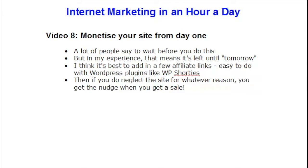I use it for a couple of reasons. One is that it works, which is always a good one. Second, it disguises the link. Typically it's your domain /go/ whatever shortcode you put in. It will give you a bit.ly or a Twitter style yucky thing that's just a mixture of characters and letters and numbers and things like that, and